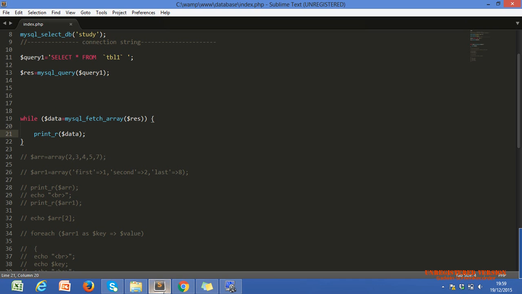Firstly, I have to tell you about this while. What I have done in this while: if I use this line outside of the while loop, meaning I didn't use the while loop, then it will give us only one record. Did you notice? Raki, are you there?